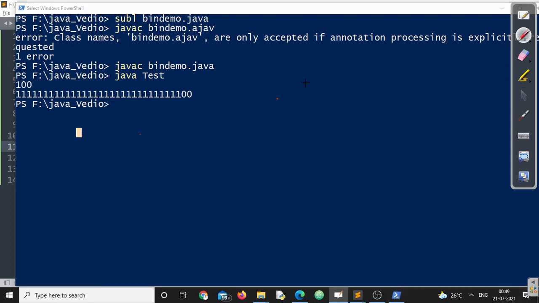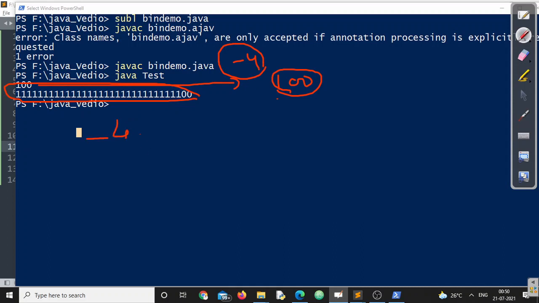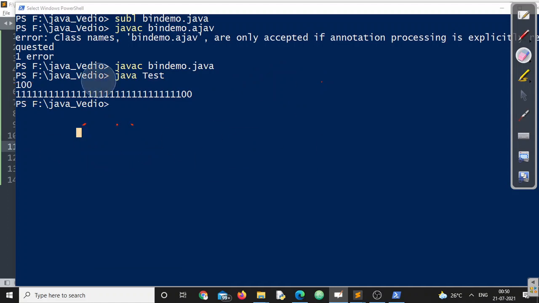See, what we have discussed, plus 4 is directly stored in memory. If I convert 4 into binary, it will be something like that. But whenever I am trying to store -4, can you look at how it is stored? It is always stored in 2's complement form. Even if you forgot how to represent this in 2's complement form, we have clearly discussed this in data types and also in operators. Please go back to those videos to understand how these numbers are stored. Make sure you understand both these points.